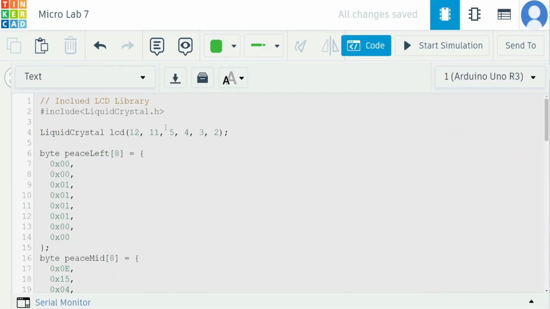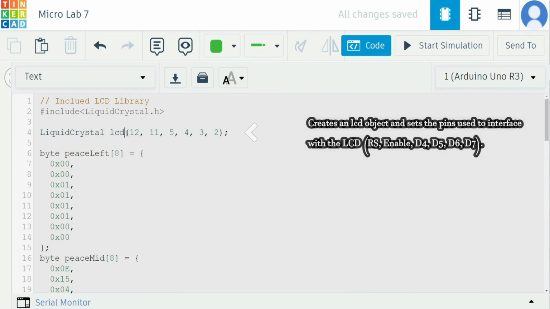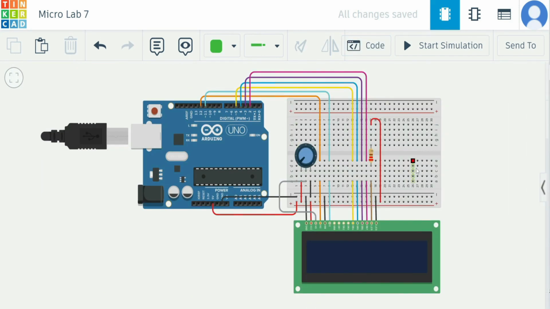As you can see, we have here #include LiquidCrystal.h. This includes the LiquidCrystal library to control the LCD. And we have here the initialization of the LCD, LiquidCrystal lcd, which creates an LCD object and sets the pins used to interface with the LCD. We have the 12 to 2, and these are the pins that are connected to the RS, the enable, the D4, D5, D6,